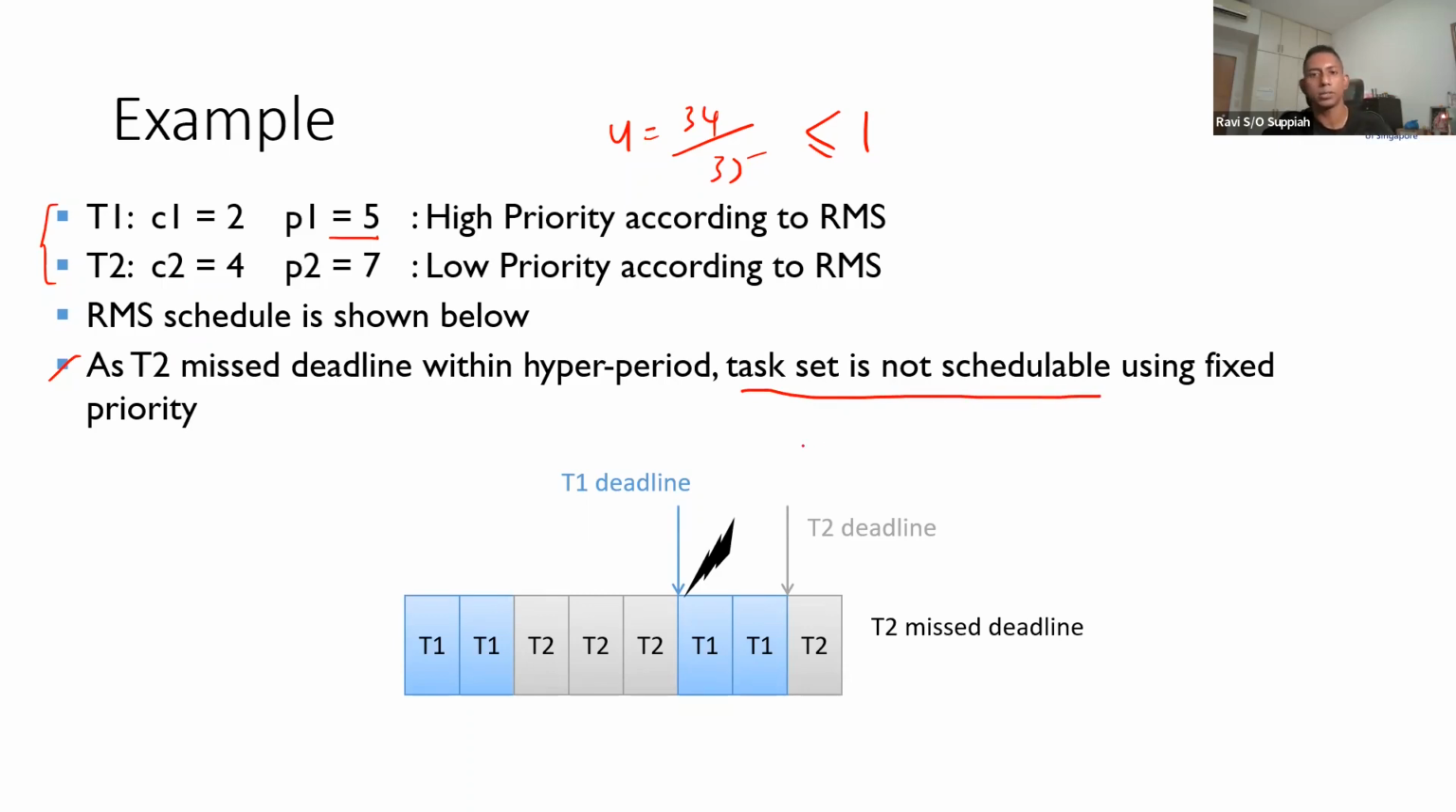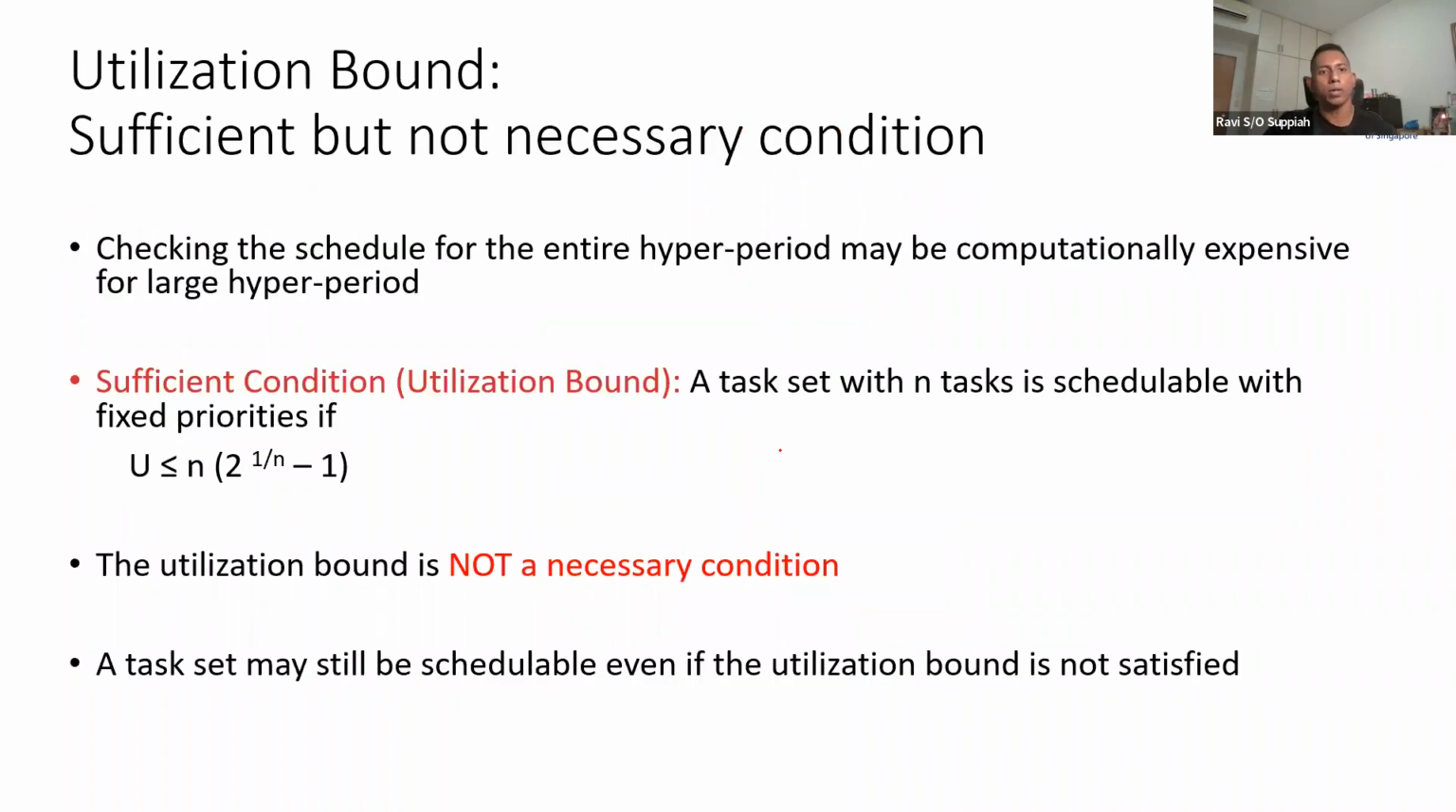Okay, so when we say not schedulable, it means that given the current timing constraints, it is not possible for us to fulfill the deadlines that we have set. So that is what it means by not schedulable. Of course, the next step is